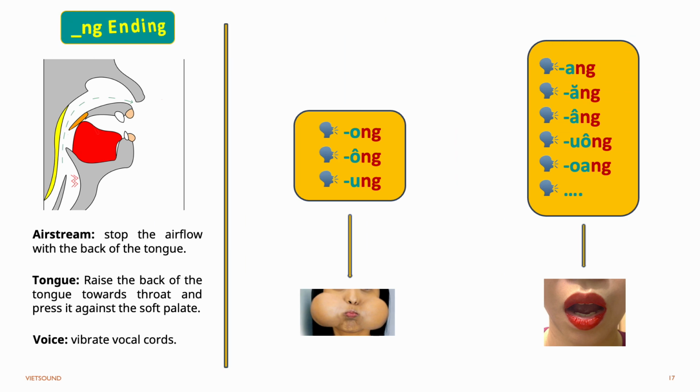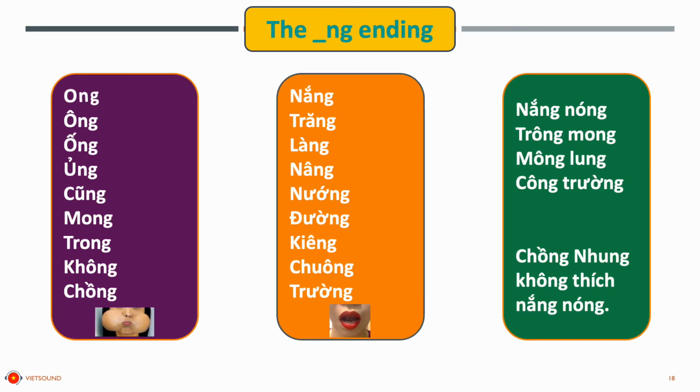Let's talk about the ng endings. When the ng follows vowels like o, ô, u, you have to close your mouth at the end of the word with puffy cheeks, like ong. In other situations, like ang, ương, etc., your mouth is open at the end of the word, like when it occurs at the beginning of the word. Ong, ống,